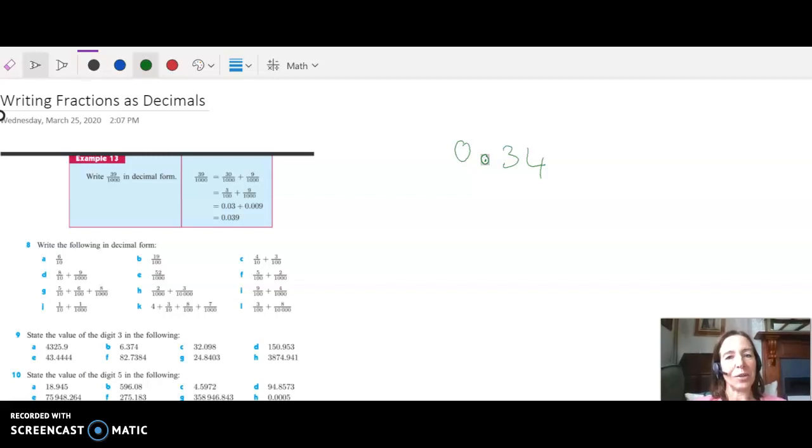Today in this video we are going to be looking at how to write our fractions as decimals. We're first of all going to be looking at ones that are already out of 10, 100, 1000, just like they would be in the columns. Now when I'm talking about the columns, if you just look at this number here,